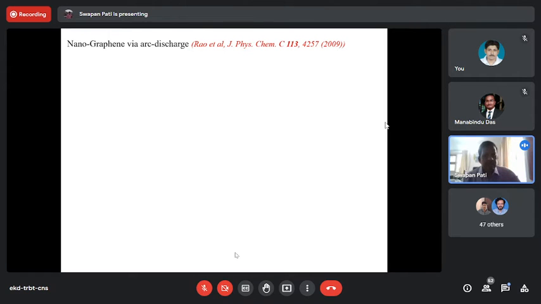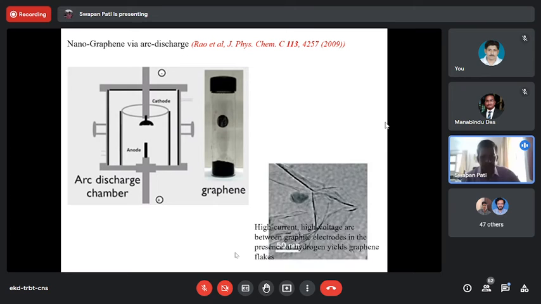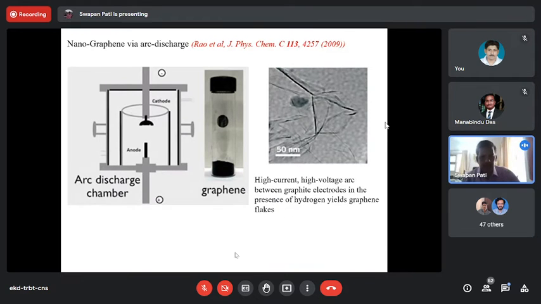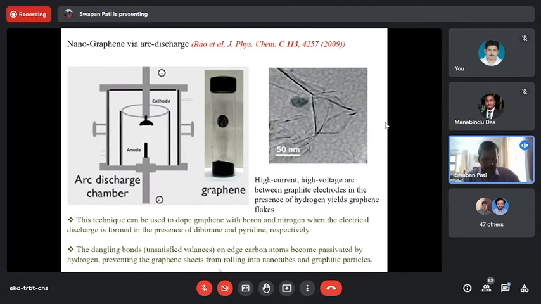But this arc discharge, this is from CN Rao's group in 2009. They also synthesized graphene through arc discharge, with boron and nitrogen, when the electrical discharge is formed in the presence of diborane and pyridine respectively. The dangling bonds on edge carbon atoms become